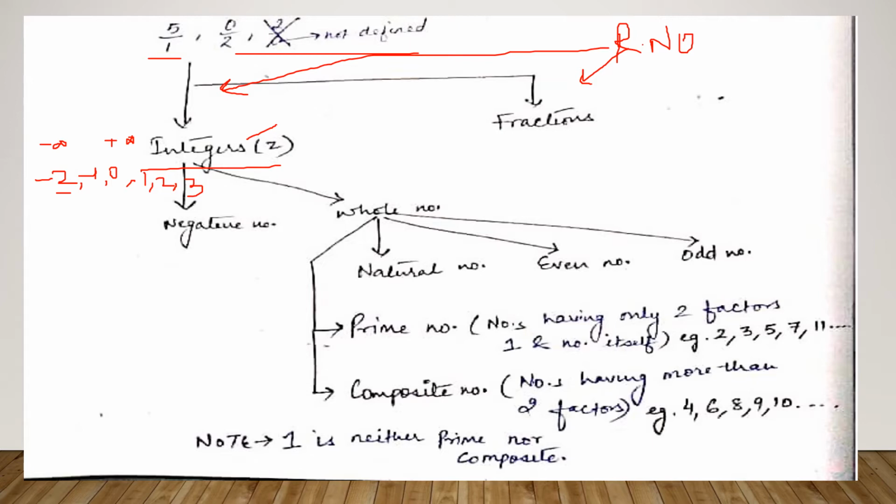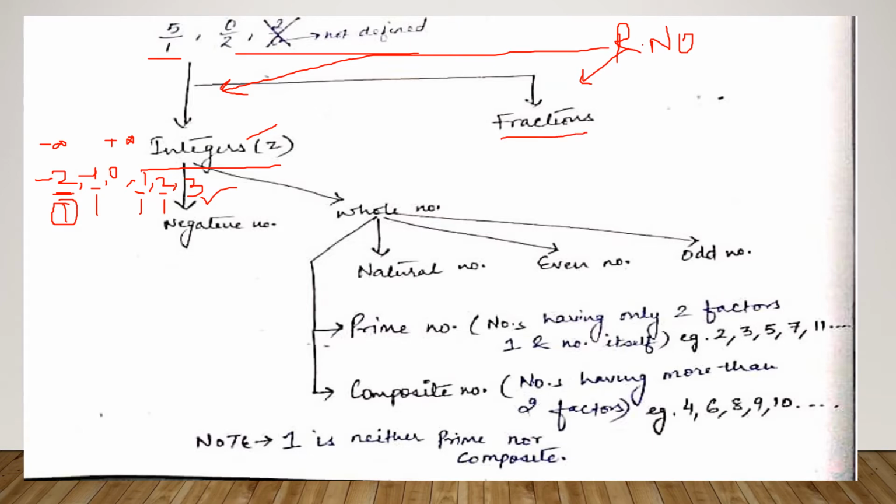If you want to write a denominator in this case, you can write minus 2 upon 1, which is the same as minus 2. If you write minus 1 upon 1, it is the same as minus 1. 1 upon 1 is also 1 only. 2 upon 1 is 2 only. So these numbers are integers where q is always 1. Okay. In fractions, q can be any number.